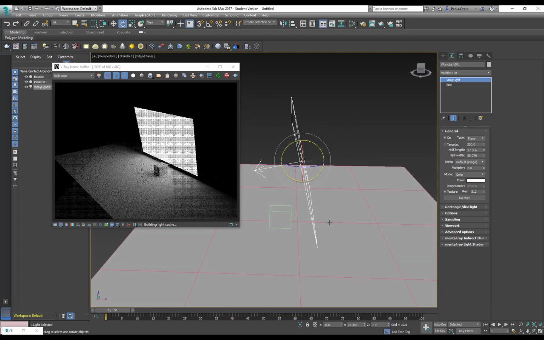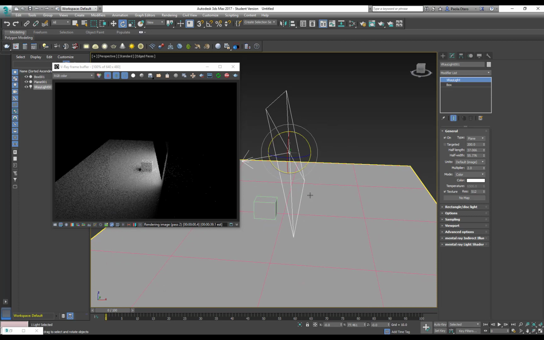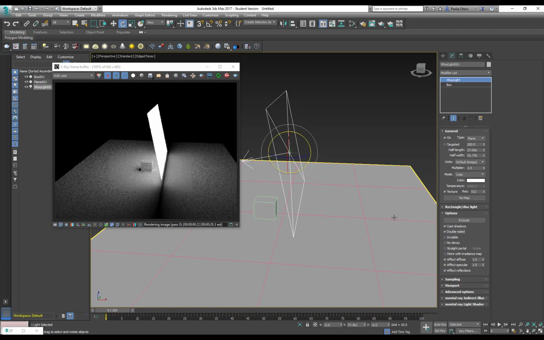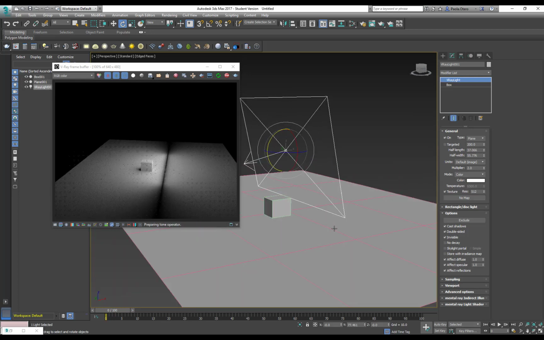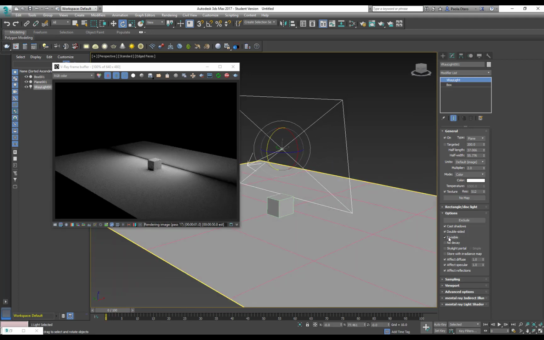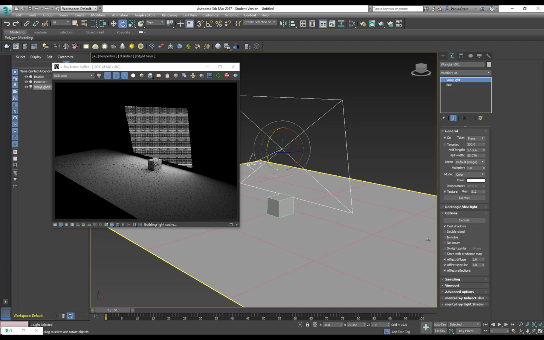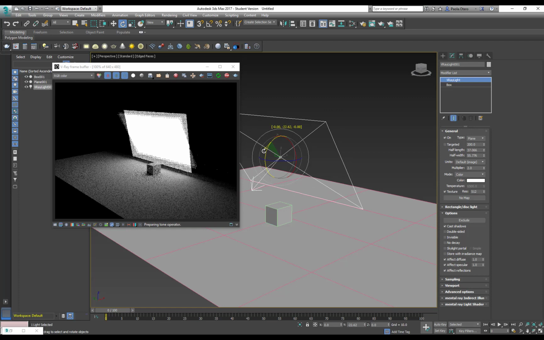So now, as you can see, the light is not really lighting here in the back, but if I go to my options, I can make it a double-sided light. Then I have light on both sides. I can also make my light invisible. Okay, and then I don't see it anymore. I'm going to take out the double-sided, and again I'm going to take out the invisible for a moment, so that I can show you